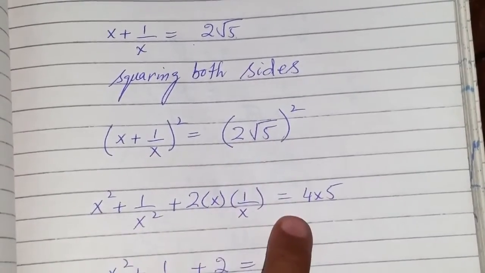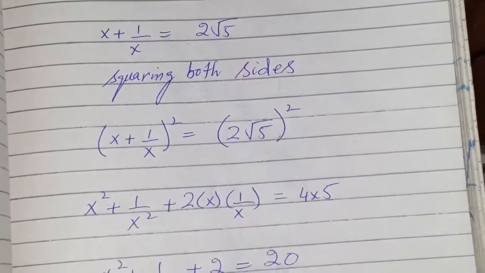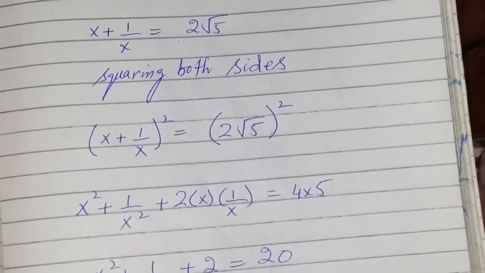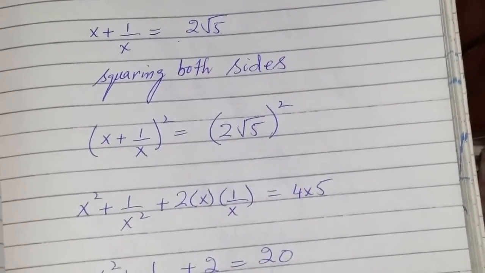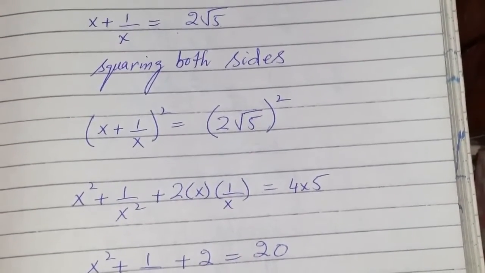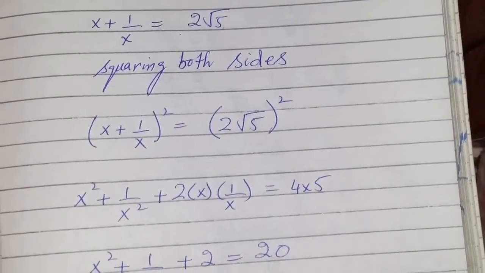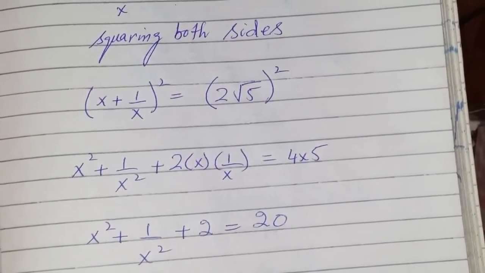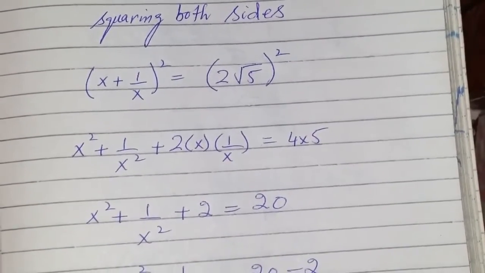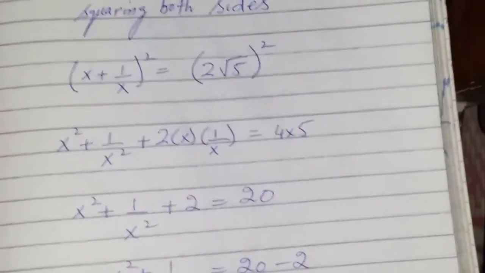Here 2's square is 4 and the square root sign cancels out with the square and 5 comes out, and 4 times 5 is 20, and x and 1 over x cancel out and I get 2 here,